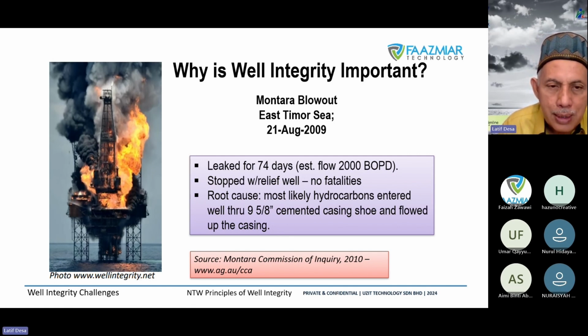cause is actually about hydrocarbon entering through the non-flash instrumental. So in other words, the non-flash method is not sealing the hydrocarbon zone. The hydrocarbon zone tries to go through the non-flash casing, and it goes up through the casing into the, we call it the intermediate casing, and then the area there is not able to have